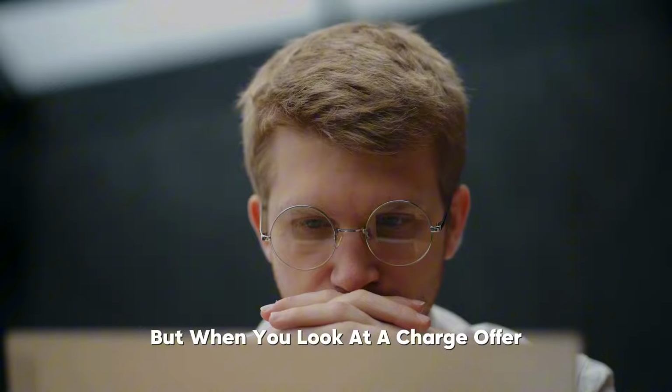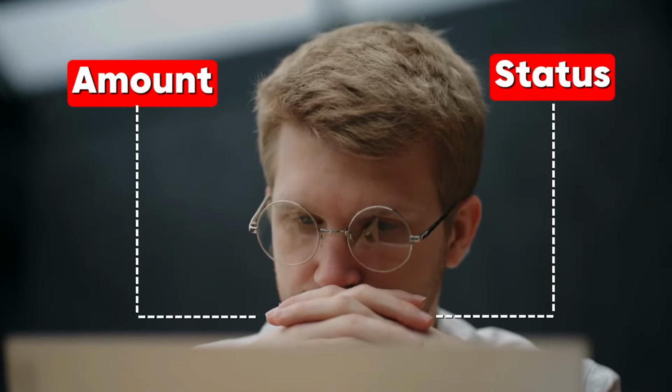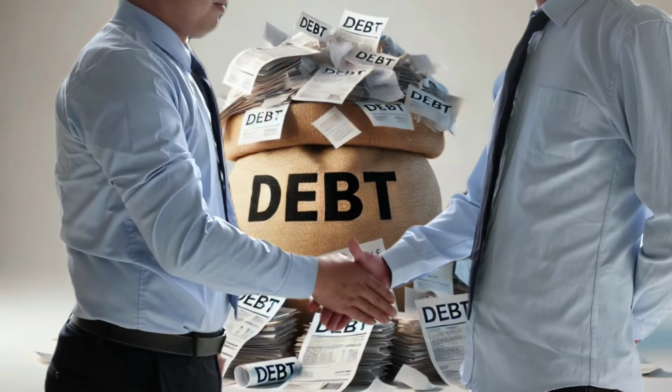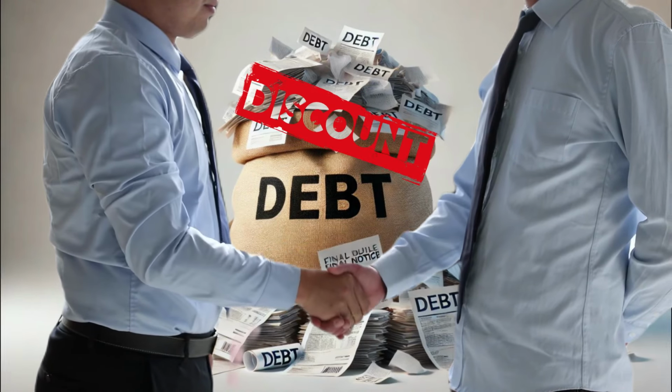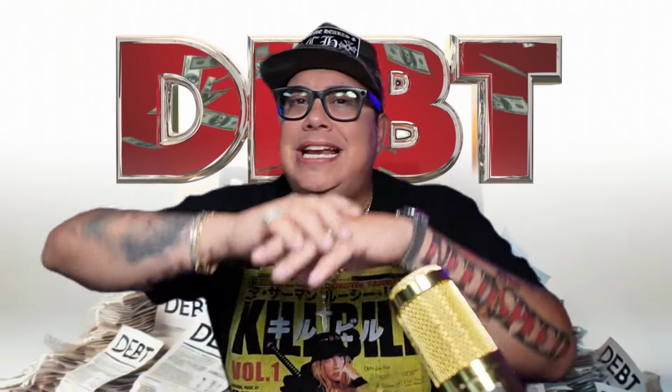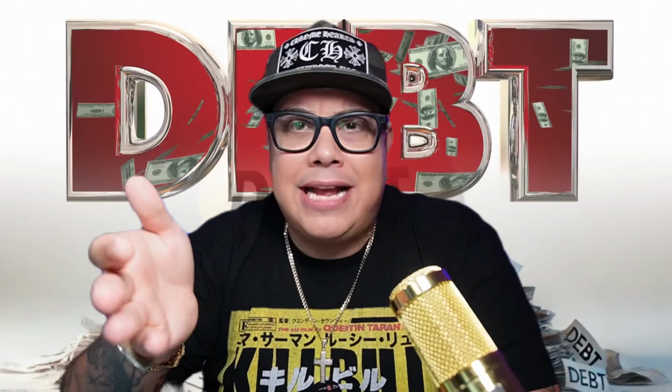But when you look at a charge-off or a collection, you're just paying attention to the amount and the status, but you're not paying attention to something that's very, very vital. If a debt collector or a debt buyer has it, now guess what? They purchased that debt from the actual original creditor at a discounted rate. Am I correct, right? Because when debt is purchased, it's purchased in a massive actual purchasing agreement of thousands or hundreds of other debts that are put together, and they come up with the price to buy all of it